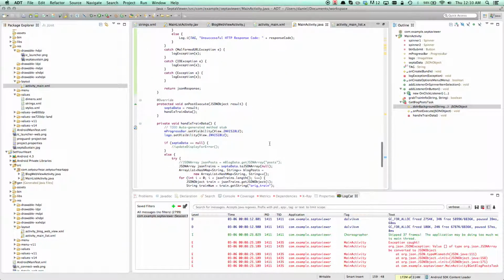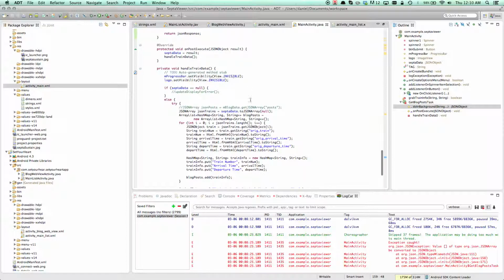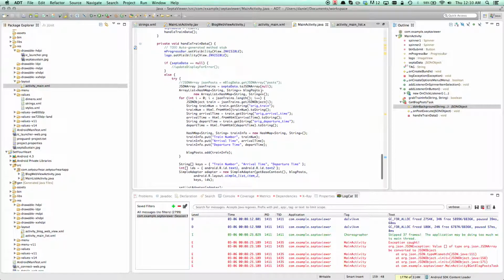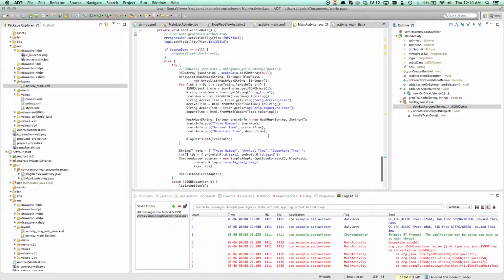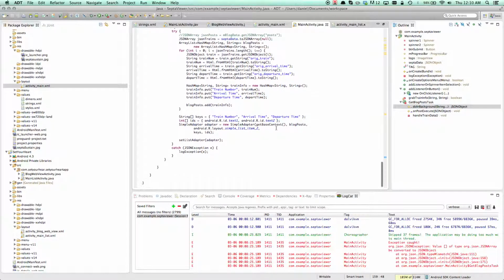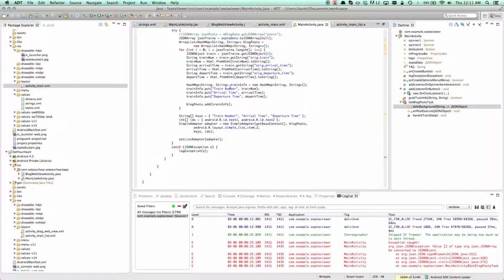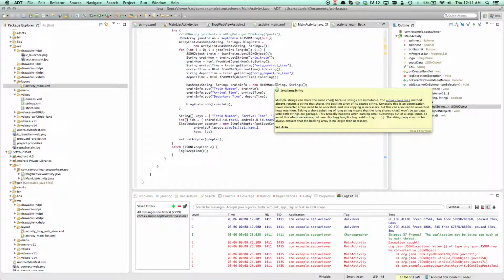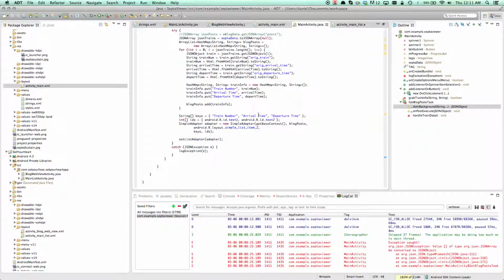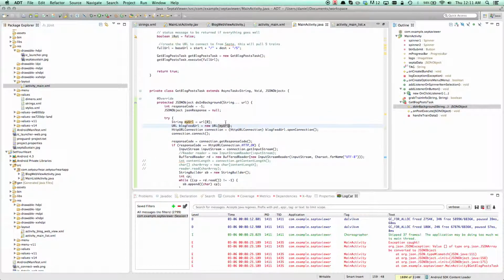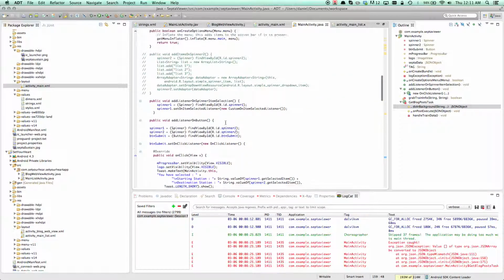And then I throw it down to another function called handle train data, and that kind of takes care of parsing the JSON object, looking for keys such as origin train, which is the train number, the arrival time, the departure time. It loads everything into a hash map. Sorry, right here is the hash map. And then from there, I put everything through a list. And if all worked nice during my demo, you would have seen it return all that